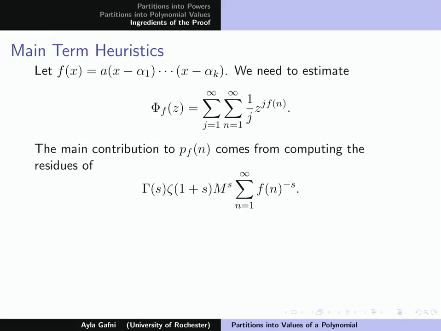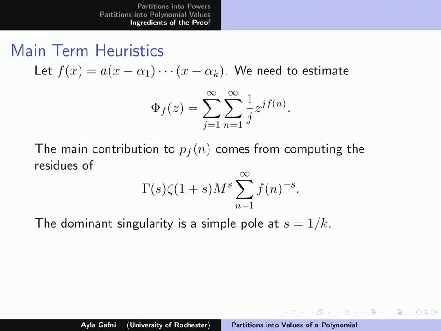So we have gamma and zeta, and then some constant to the s, and then this strange Dirichlet series, which if you're working with x to the k is actually just zeta of ks. But if you have some other polynomial, then it's sometimes called a polynomial zeta function, and it's sometimes called a Dirichlet series associated to a polynomial. But in any case, it's been studied, and we know what the analytic continuation is and what the residue is at certain poles. And so the dominant singularity of this integrand is going to be a simple pole at s